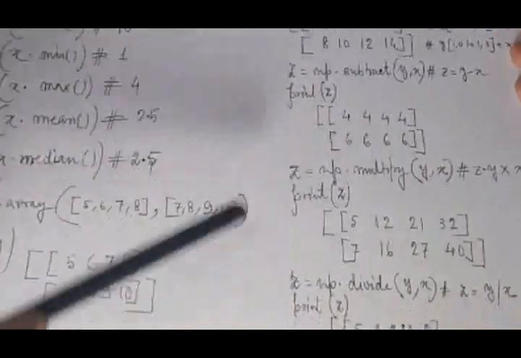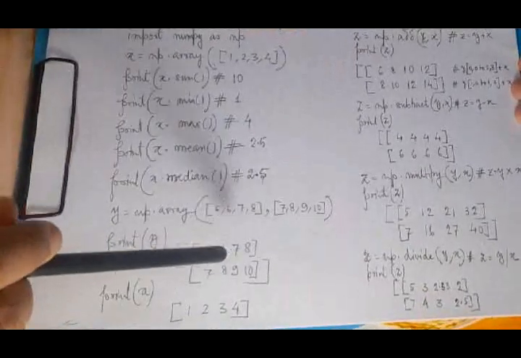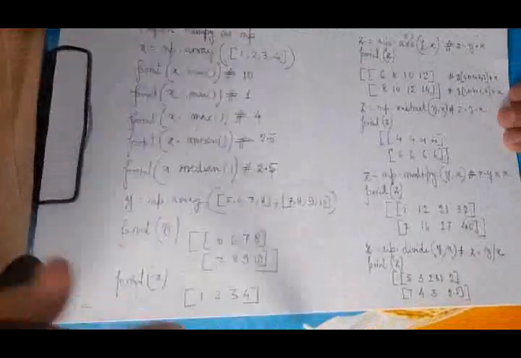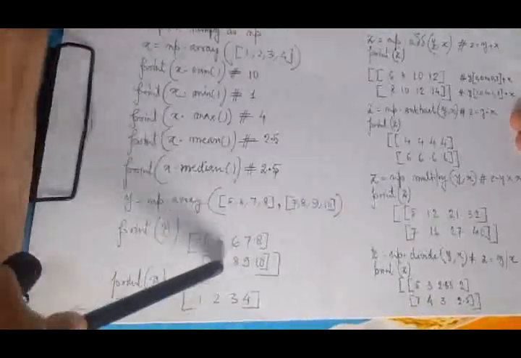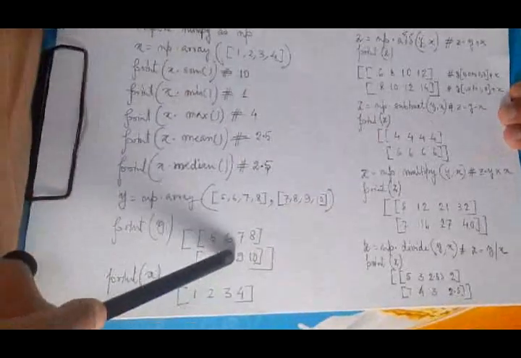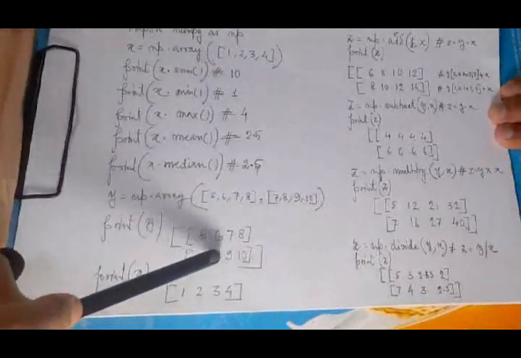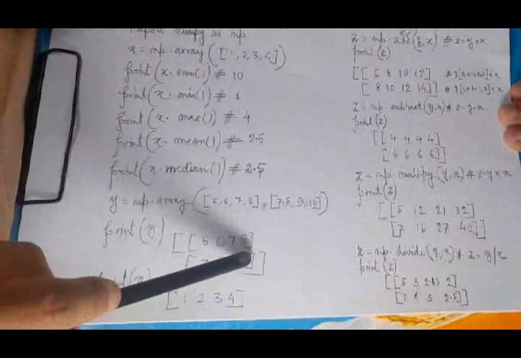Clear? Now see, 1 and 5, 6; 2 and 6, 8; 3 and 7, 10; 4 and 8, 12. Similarly, again, the same will be added to the next row, corresponding value. 7, 1 will be added to 7, that is 8, 8. 2 will be added to 8, that is 10, 10. 3 will be added to 9, that is 12, 12. And 4 is added to 10, that is 14, so 14. The new array of z is this.